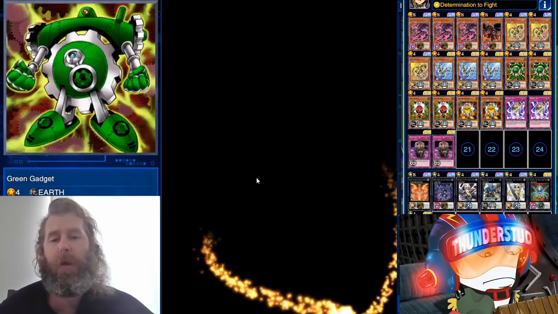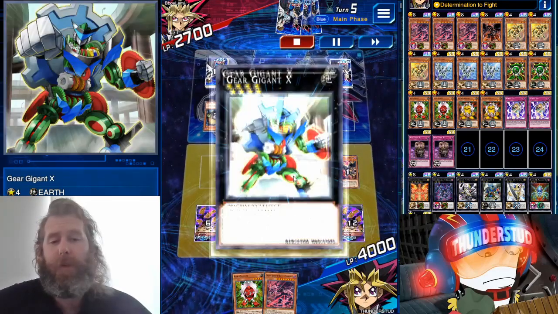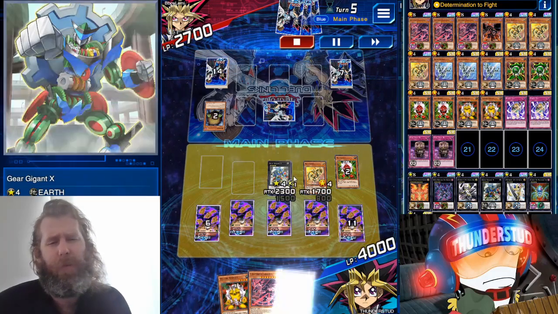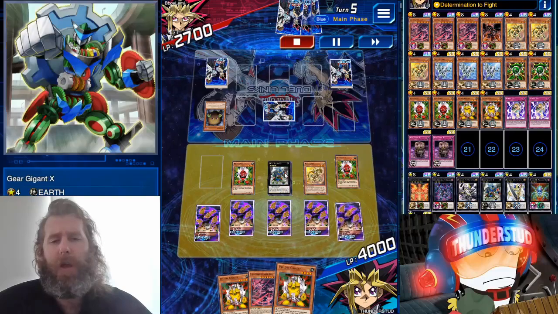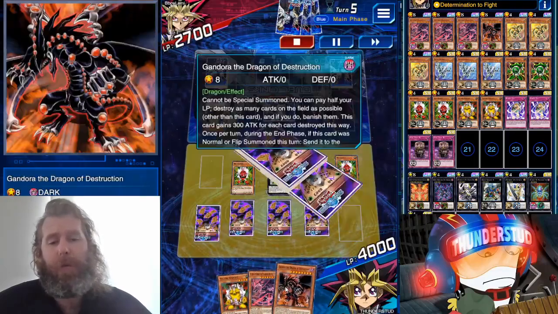We get another Zing. Now we're gonna Xyz into our gear Gigant. That's gonna give us another +1. It's gonna give us a silver. Oh no, yellow. We should have searched a silver or a gold, really. But I guess we're gonna go with this red. Search another yellow. And we're gonna swing over, or use the skill again, it's important, because now we have this